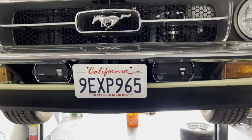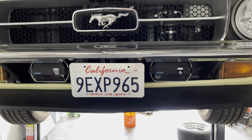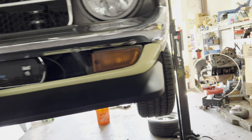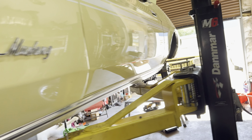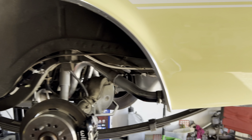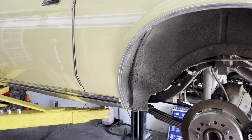I think it was a great call to put those on the car. I really, truly do. They look amazing on it. Every time I come into work and I see this car, I absolutely love it. It is so pretty. But you guys are now updated on the Mustang, and I get to go back to